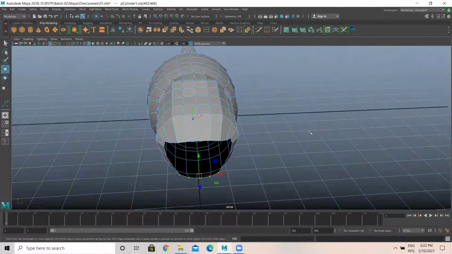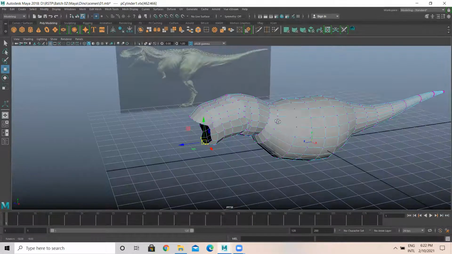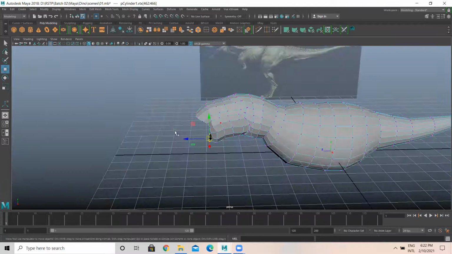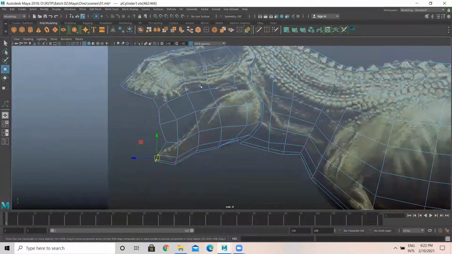We'll work on this. Something like this is there, right? You're getting an output something like this. We need to work on this. So what I'll do is do the placement of this particular part.